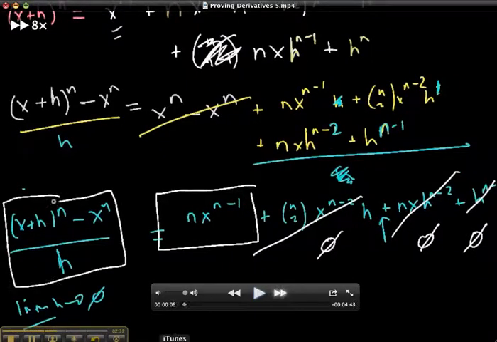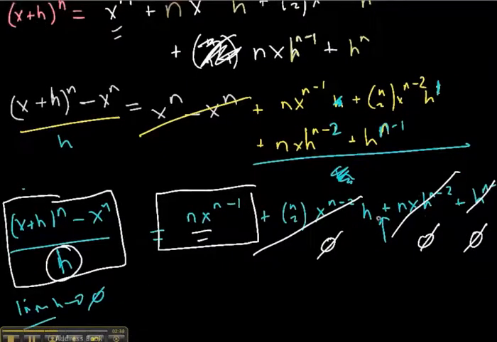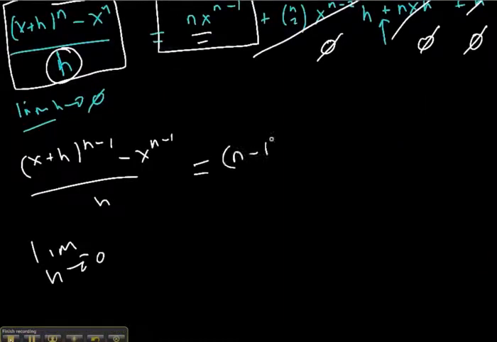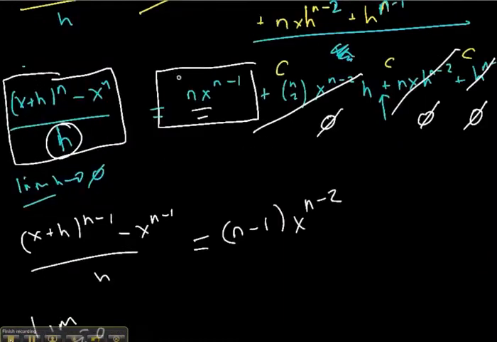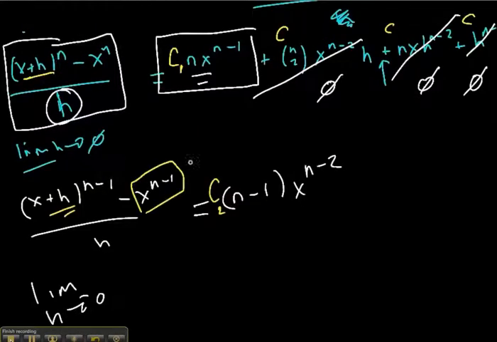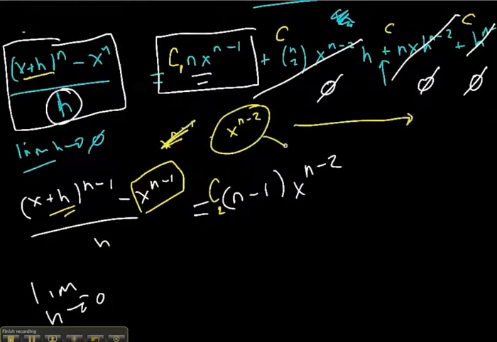So this is right, n times x to the n minus 1, and after we let h go close to 0, the only thing we were left with, we understand that pattern, plus h to the n minus 1 over 0. So it is the original, so it would be n minus 2. Now over all these would have what's constant. Next, try that out and see the way you can think about it, whether it's x and flip the first term. The only thing left, right, which is going to cancel out. The only guy that's left is this one, and in front, which is for any given x,